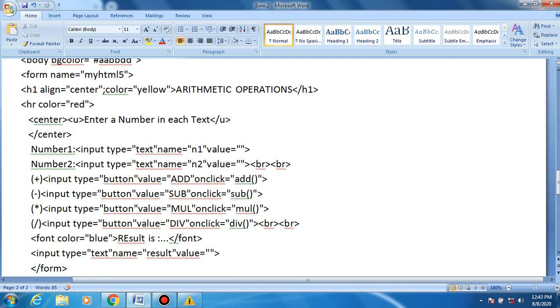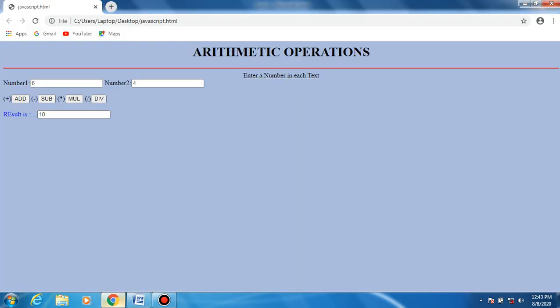Second, here we give the subtraction symbol: input type button, value equal to sub. On click, the subtraction operation, you can see on the screen. The subtraction symbol is represented here, and the button type is button. It works when we click that button.